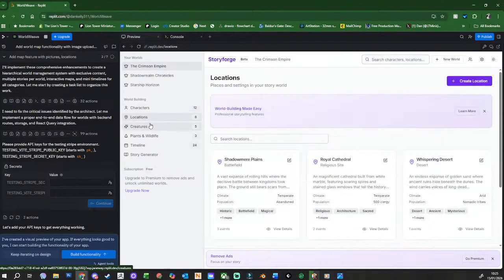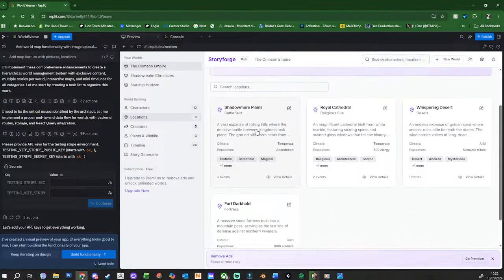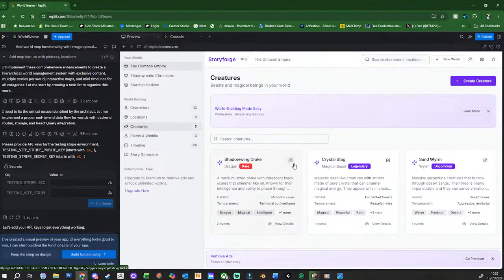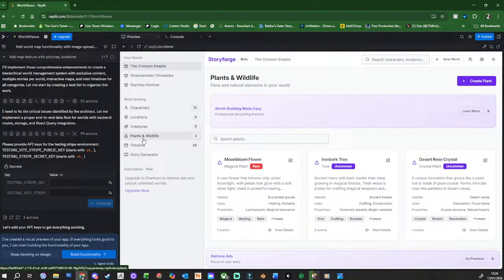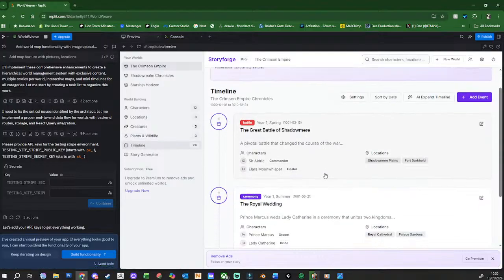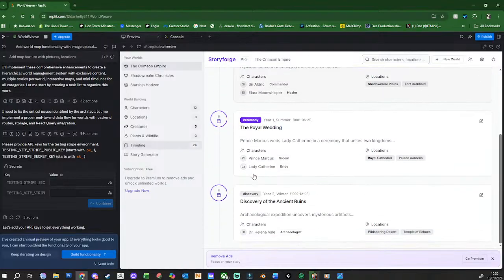And then we go to locations. We've got the places mapped out. Creatures, so we can create flora and fauna and all the other bits and bobs. And then we have actual events. They've got characters involved, locations and whatever else, and then it's plotted in a timeline with the years and stuff.